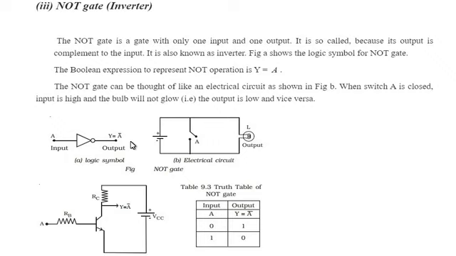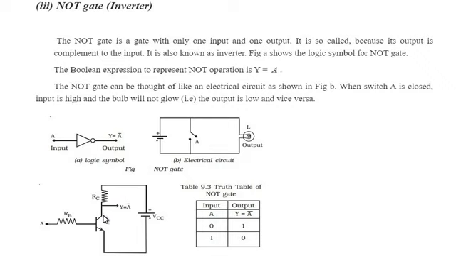Now, let us see the circuit diagram for the NOT gate. This is the circuit of the NOT gate using a transistor. You can see this is an NPN transistor and it is in common emitter mode, which is used as a NOT gate. If A is high, that is, the input to the transistor is high, we know that if the base of the transistor is high and it goes into saturation, then its collector will be low. Okay.